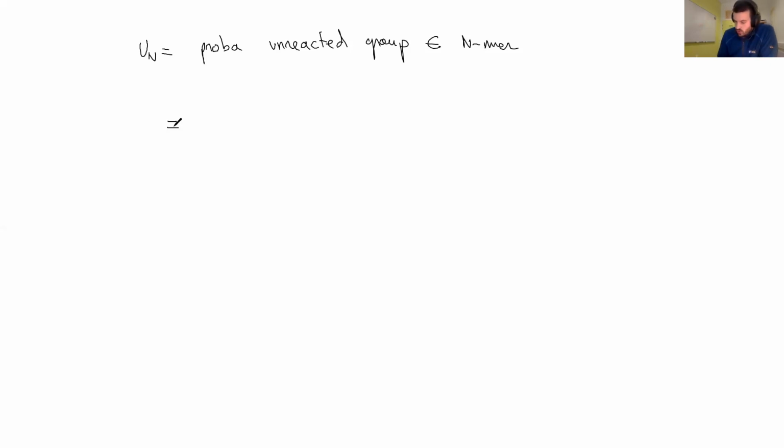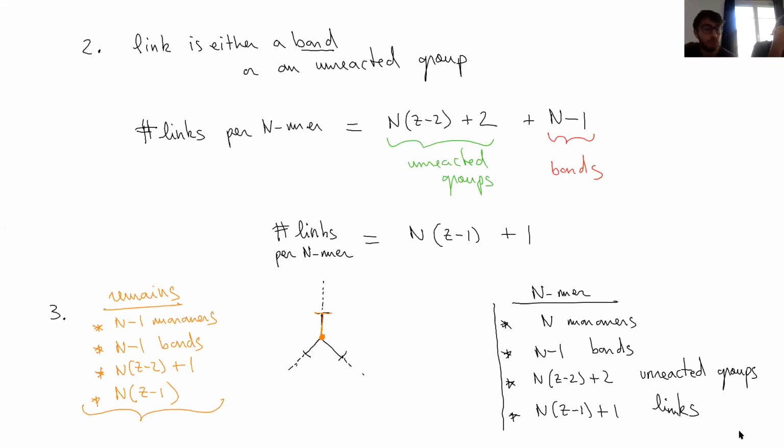So I need to look at here. I need to find n-1 bonds. This is my task list, if you want. So I need to find n-1 bonds. For instance, here I would need to create a bond here, and then perhaps here as well. So I have n-1 bonds to be found, and so